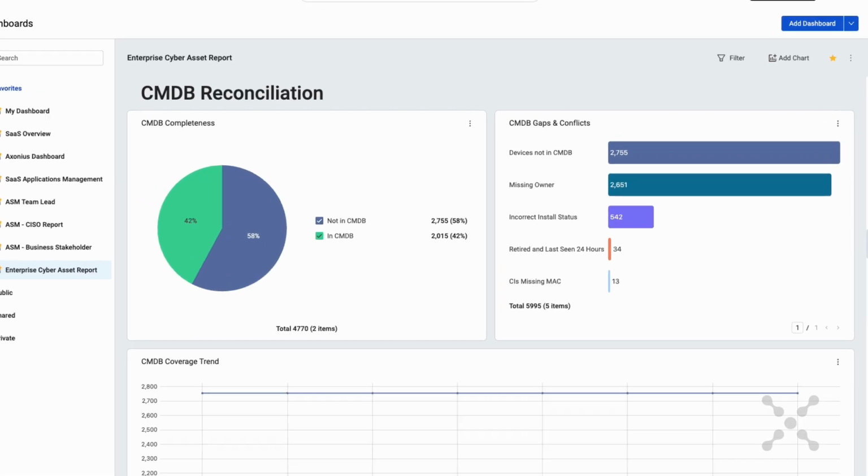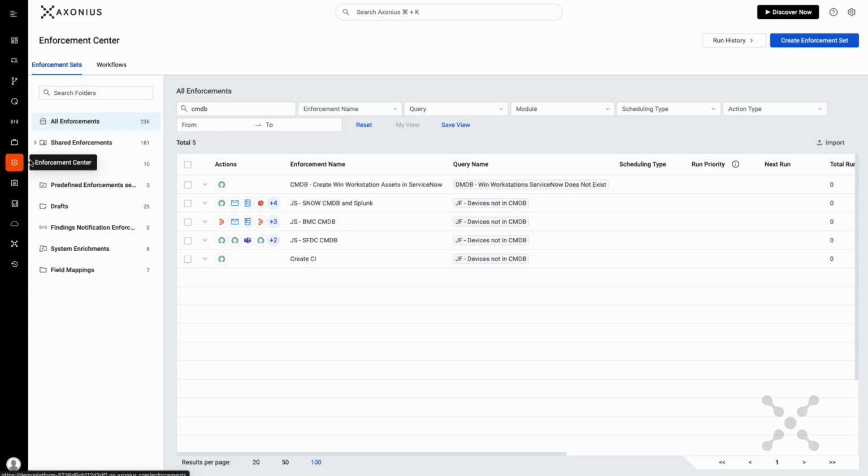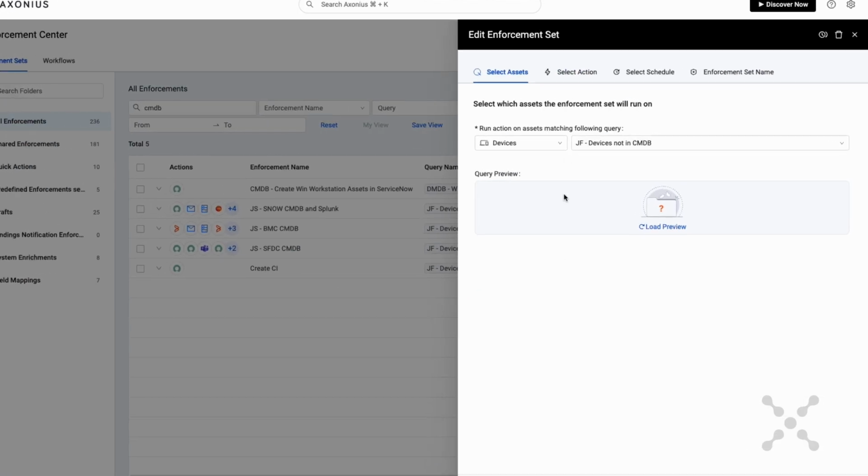Are there conflicting details or missing attributes like a MAC address? Or is something retired but still active on the network? Once you've got completeness and accuracy, how do you keep things up to date? That's the dynamic component, which takes us to the Enforcement Center, where we can take action to populate or update